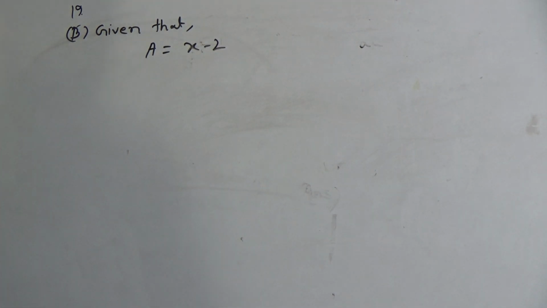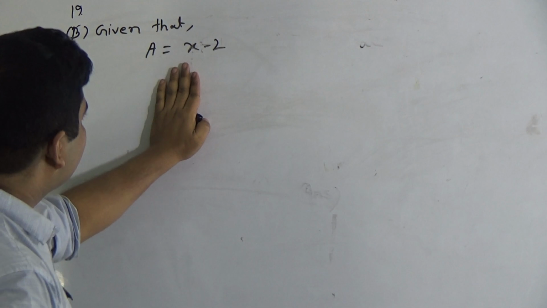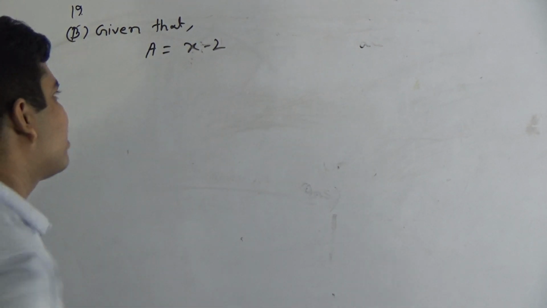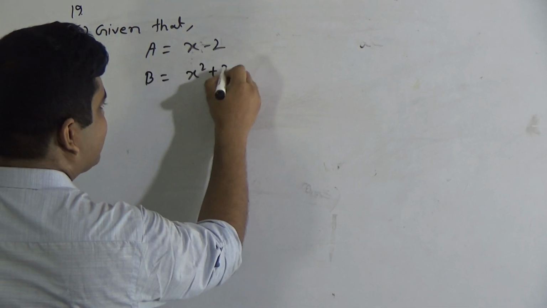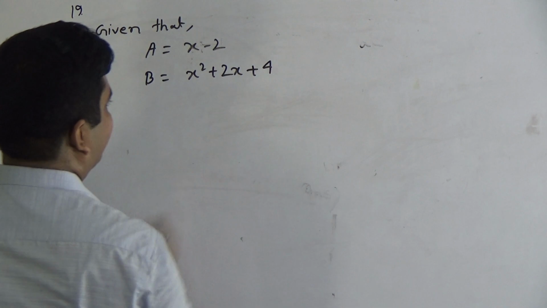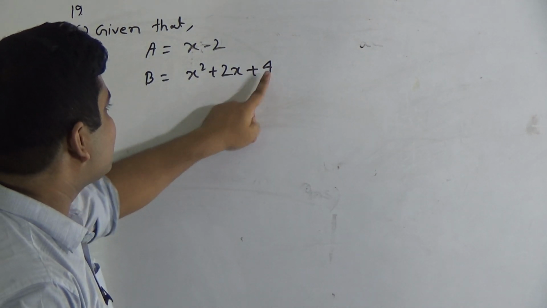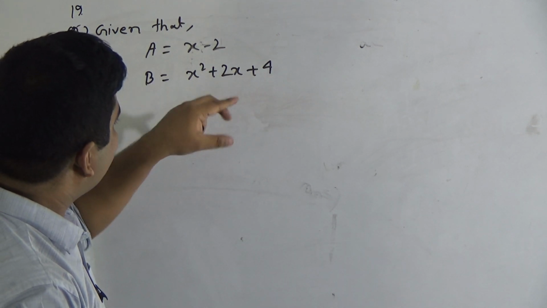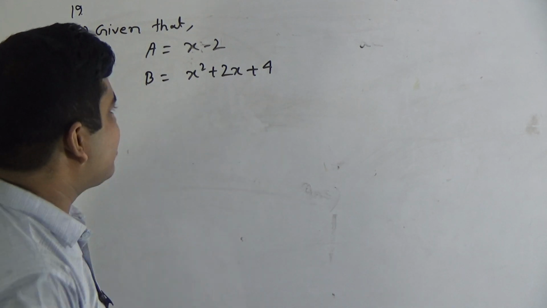We can't convert it into factors, because x minus 2 is already a factor. Okay. Then B number, B equal to x square plus 2x plus 4. Okay, my dear students, notice x square plus 2x plus 4. So by seeing this plus sign, we notice we use the middle term break method to make 2x, but you notice